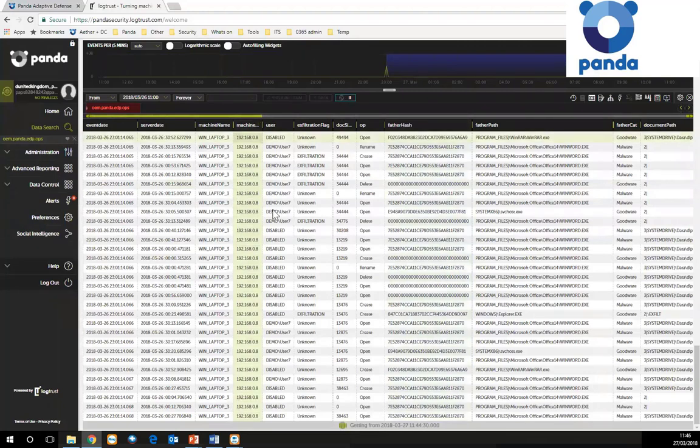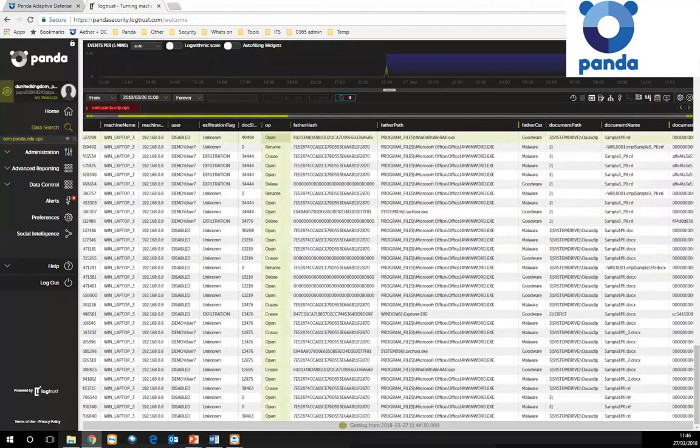Now, when we look at the columns of information available, we can see the time and date of an event being logged. We can see the machine, the IP address, and the user. So we can see that this machine and user is associated, at this time and date, with a particular event. We've got the exfiltration flags. This is talking about the processes that are potentially used in data breaching. We've got the operation being performed: open, create, rename, delete. We can see the process that is being used in this instance.